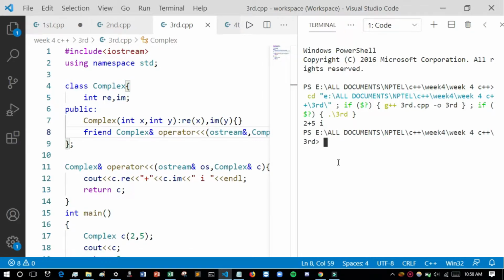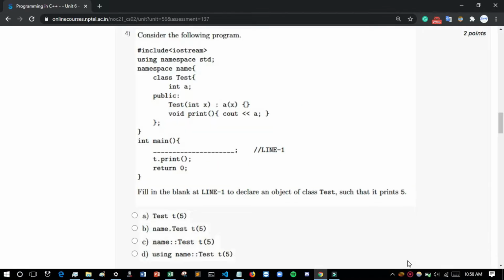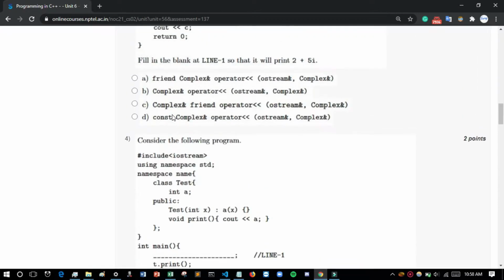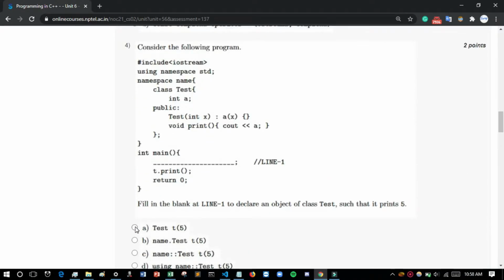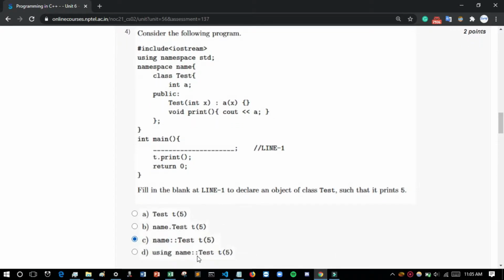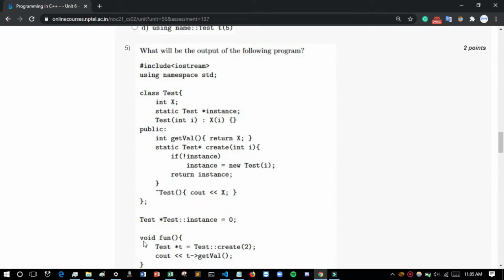And now we will discuss the fourth question. In this program you have to use scope resolution, and so for the third one it will be the first option, and for the fourth it will be the one with scope resolution, and the answer is C. Because here you have to use this resolution operator, otherwise you can't access this test, and also you can't access this also A. So you have to use the scope resolution operator, and the option will be C.